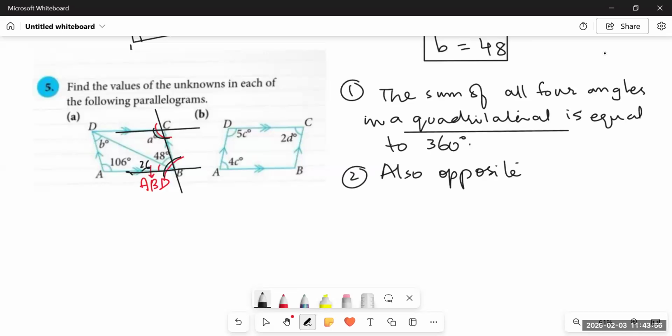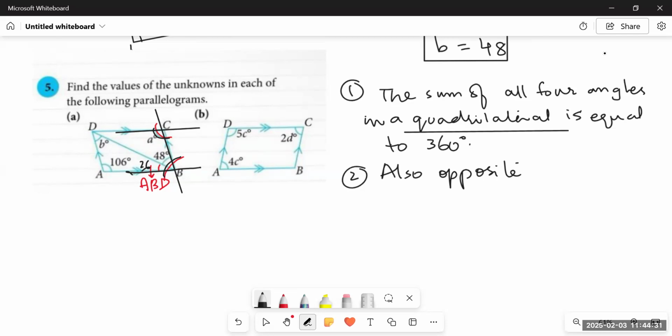In these questions, you have to learn all the properties that we have discussed so far. All the properties: angle sum property of triangles, angle sum property of quadrilaterals, the properties of rectangles, squares, parallelograms, and rhombuses, kites. We will discuss the properties of kites in the next video, inshallah. The vertically opposite angle properties, then the properties of supplementary angles, the complementary angles that you have learned in grade 5 as well, in grade 6 as well. Then you have to work out for these questions.